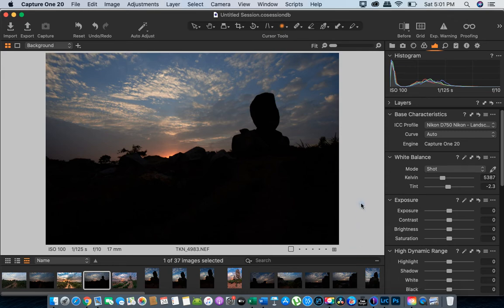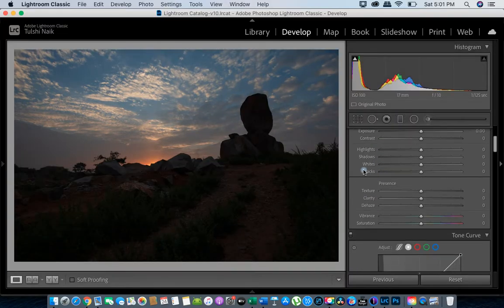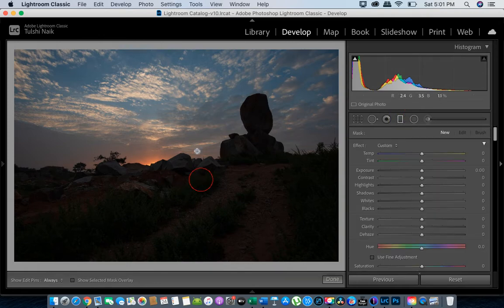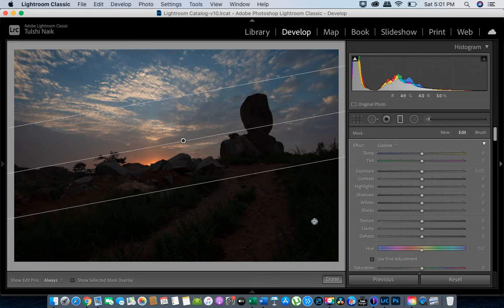Now difference number two. Capture One, similar to Lightroom, has global adjustments and local adjustments. So in Lightroom, when you want to do a local adjustment, let's say for example we want to apply editing only in this area, I'm going to use a gradient tool, and let me select the bottom part.